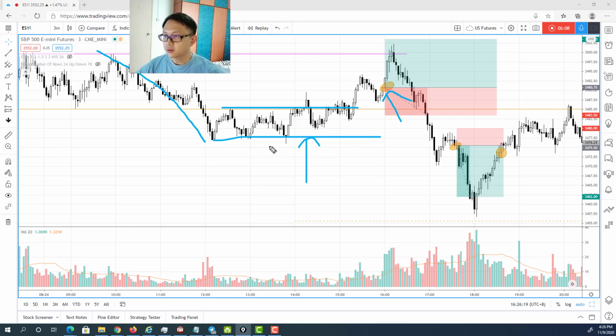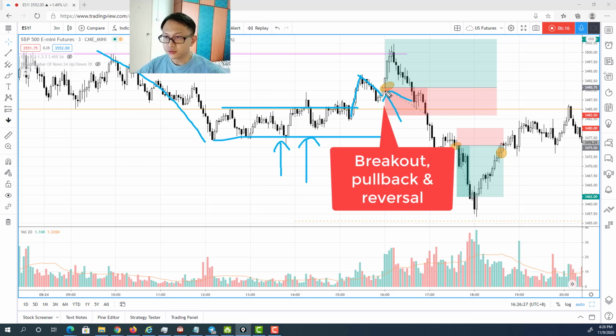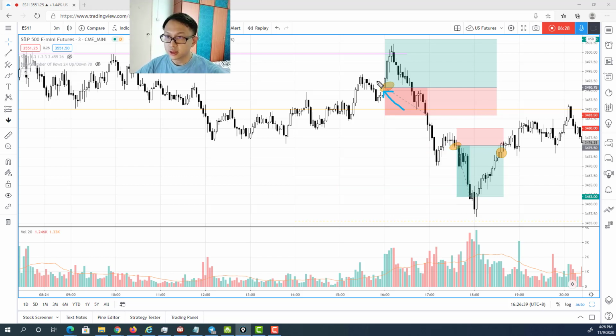So effectively we are just forming an accumulation structure and breaking out, followed by a pullback. And the reversal actually happened here, at this bar. Right after the close of this bullish bar, I just entered long, and you can see that the timing is very good, because right after I entered the long, right after this breakout, pullback, reversal,